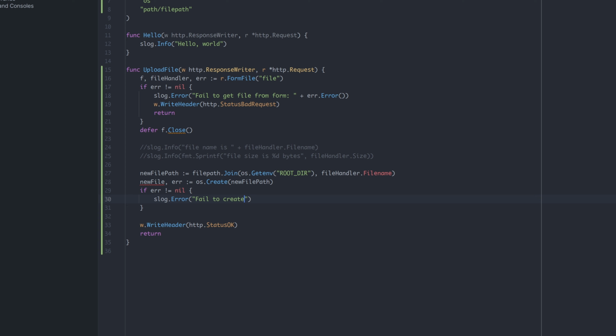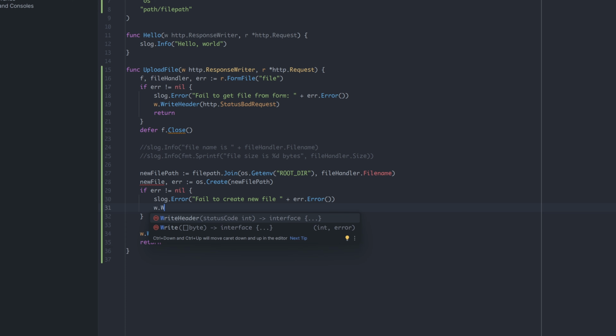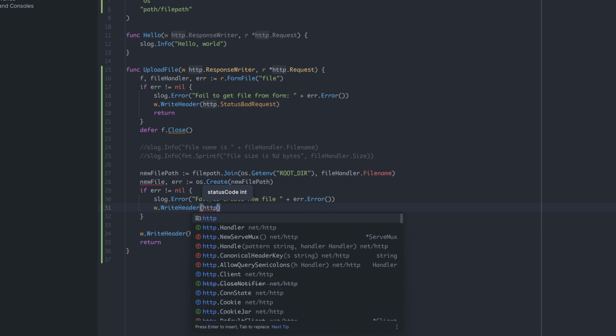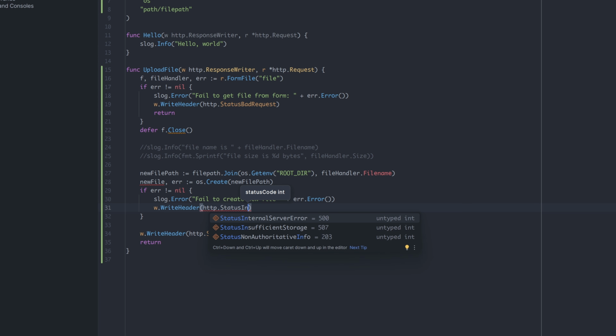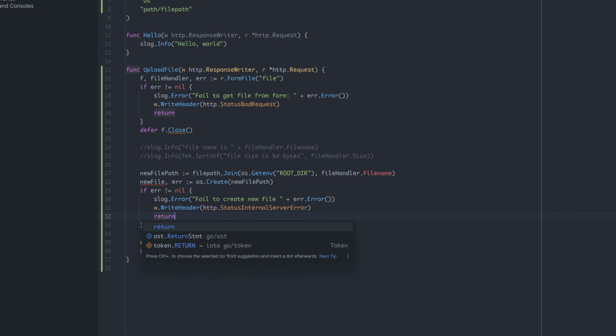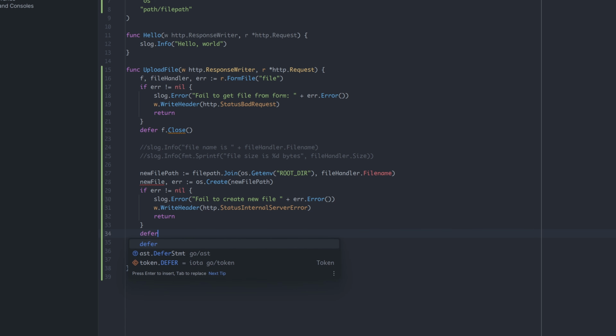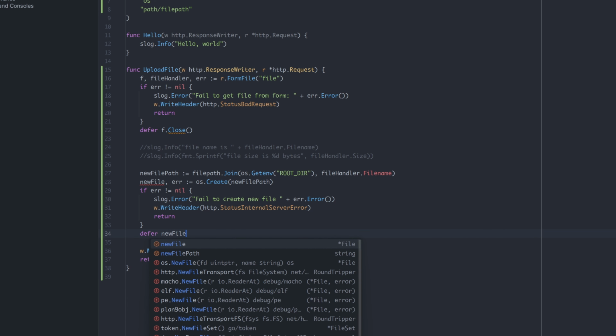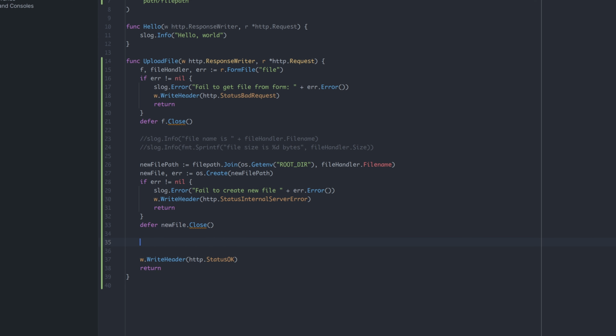Failed to create new file. And then w.WriteHeader. This time it's going to be a status internal server error, then return. And then if there's no error, we want to first of all always remember to close the file. So defer newFile.Close(), and then let's actually copy the content of the uploaded file into our new